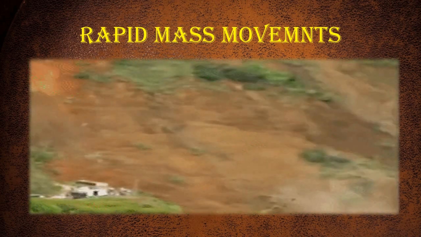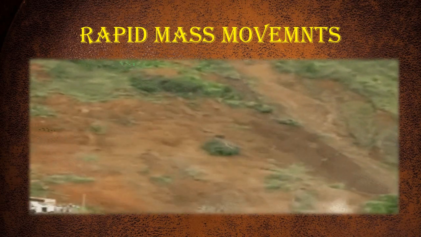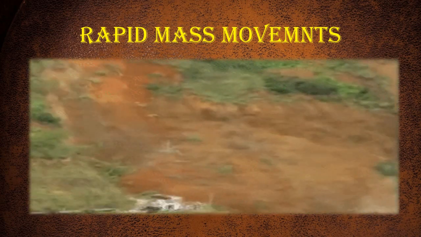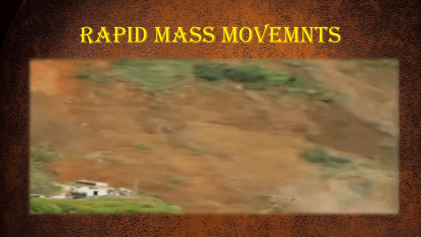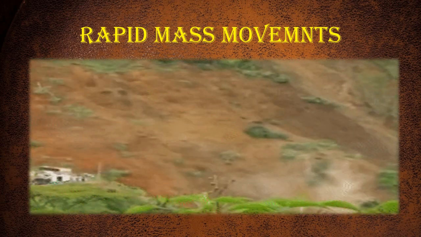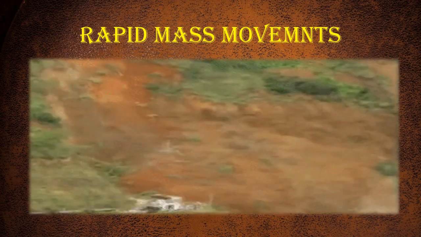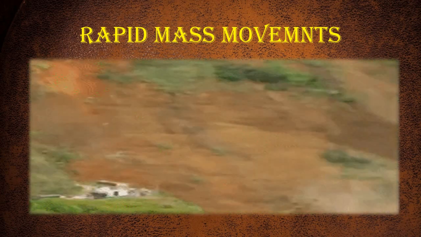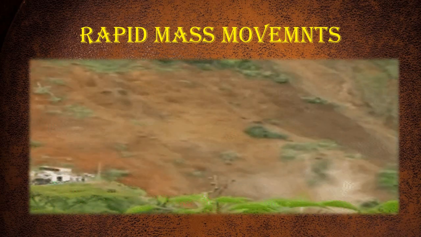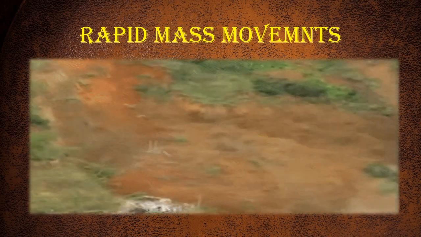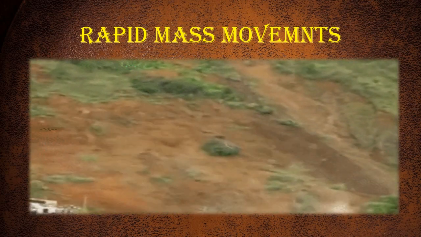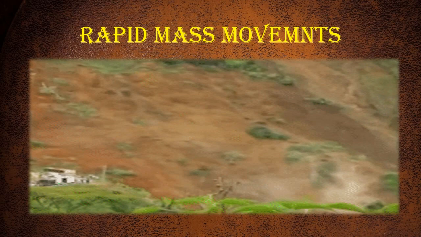As you can see here in the rapid mass movement, rock, rock particles, soil and soil particles form on the slope. When it rains heavily in such areas, the rainwater penetrates the weathered material such as soil, soil particles, rock and rock particles, and their weight increases because of the water. The weathered material moves very rapidly and comes down the slope. This process is known as rapid mass movements.